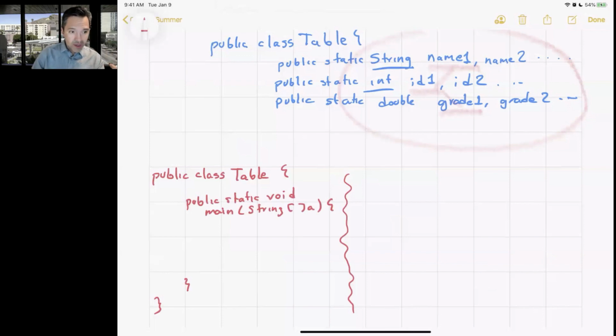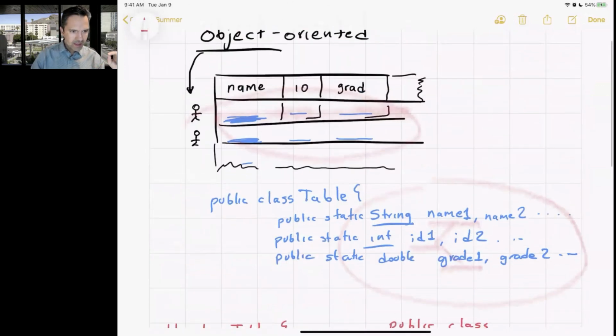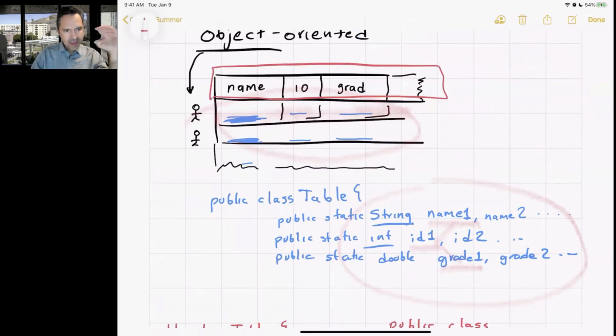But I am going to do another class. One class to create a template for the information that I want to store for several different entities. Think about this class like one class that is going to define the headers of the table. The class is going to have the definition of those columns. And then I am going to be able to create rows,